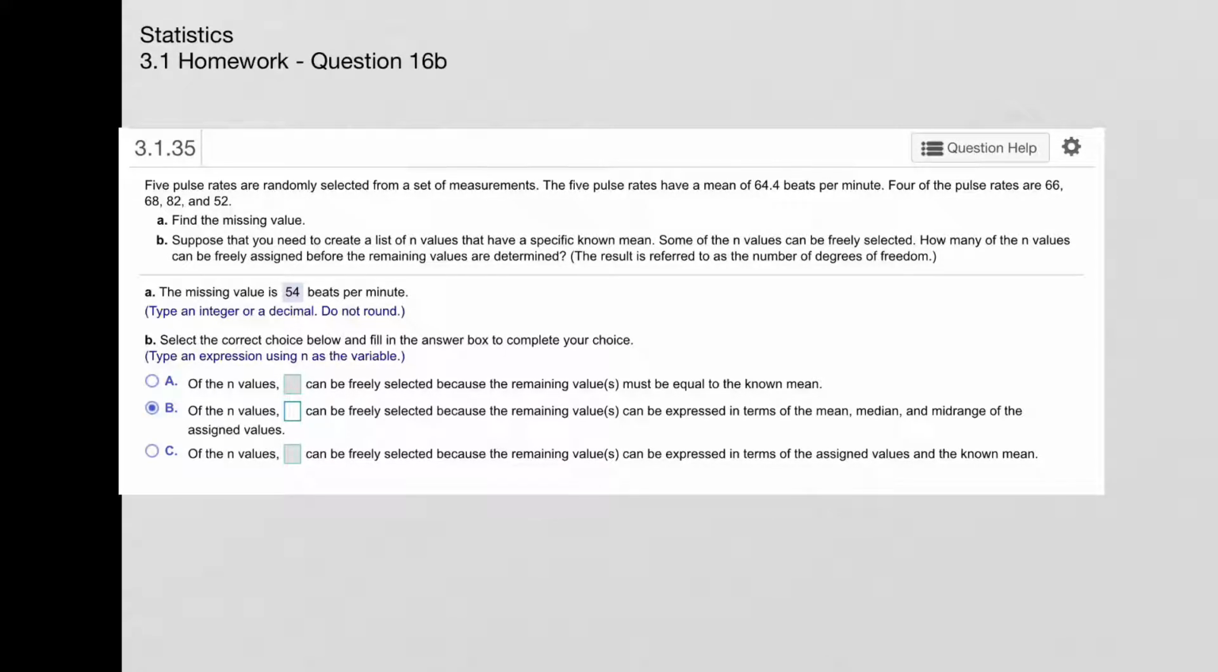And I can do that by saying, well, what is the sum of the 4 values? So if we add up those first 4 values, they add up to 268. From that, I can use the formula for mean to say that x bar is going to equal the sum of those first 4 values, which is 268, plus the one unknown value that we have remaining. And if we divide that by 5, which is the number of values, then that should equal